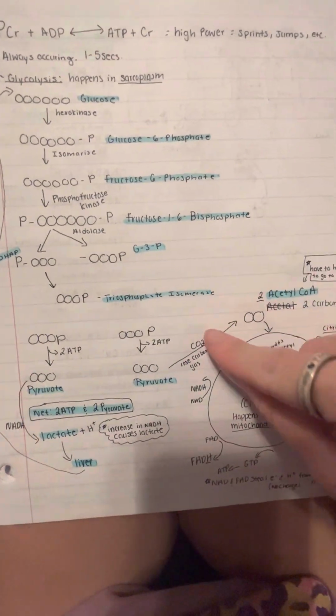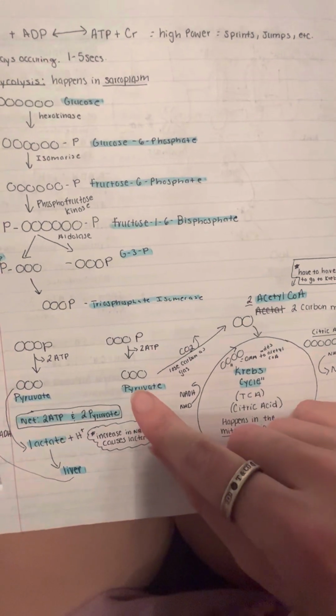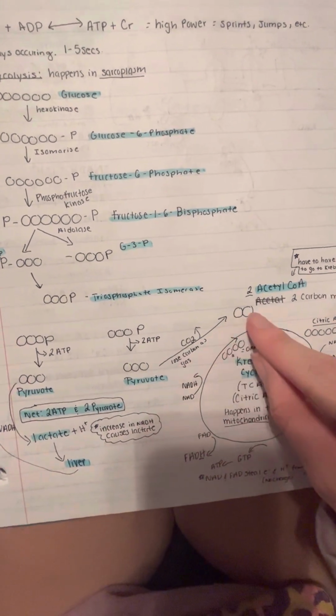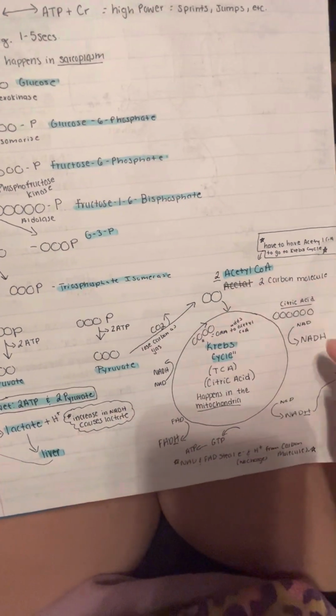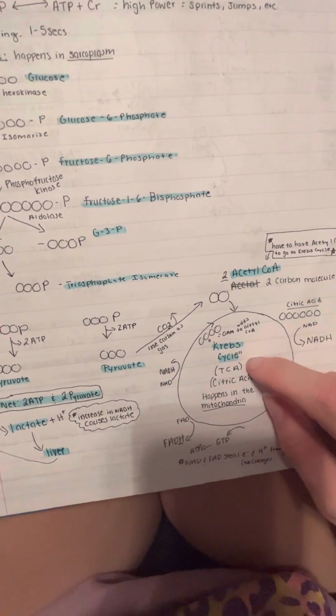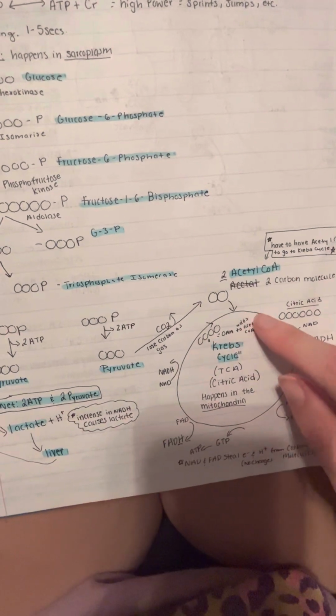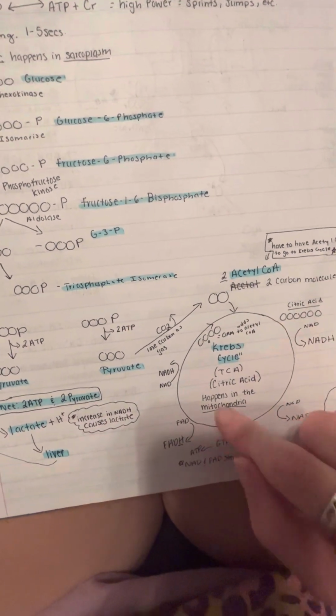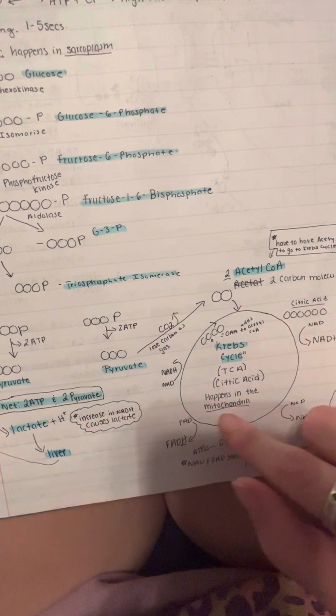And then the carbon dioxide from the pyruvate is going to turn into 2 acetyl-CoA, which is a 2-carbon molecule, and you have to have acetyl-CoA to go into the Krebs cycle. So once acetyl-CoA goes into the Krebs cycle, that happens in the mitochondria, it's going to go one full turn to produce 2 ATP,